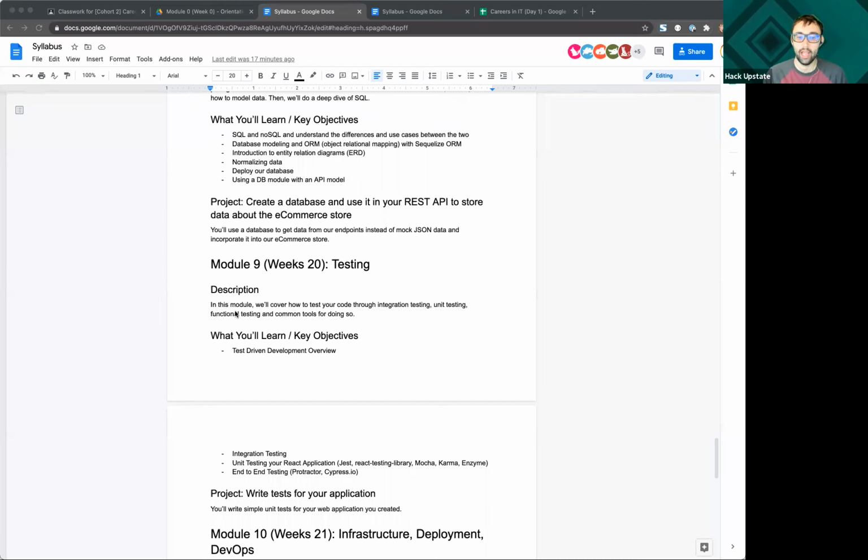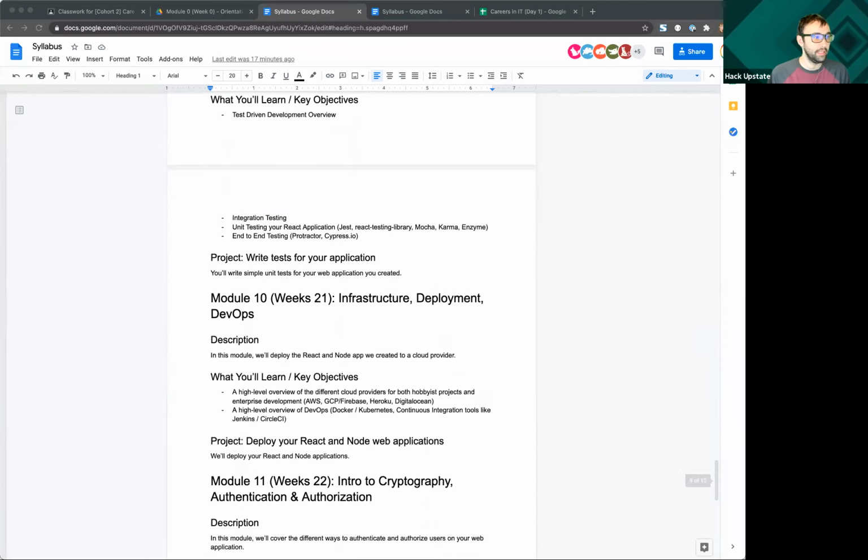You're going to learn about end-to-end testing, which is how do I tell the computer to pretend to be a user and click on all these different things, and when they get to the end, make sure that it actually works. You're going to learn about unit testing, which is how do I segment off my code and test little pieces of this to make sure that the big picture doesn't break at any of the little pieces. So lots of different things that you're going to learn from Nathan.